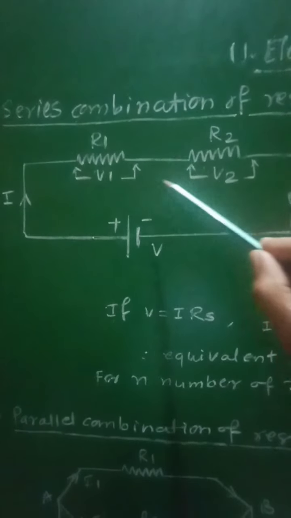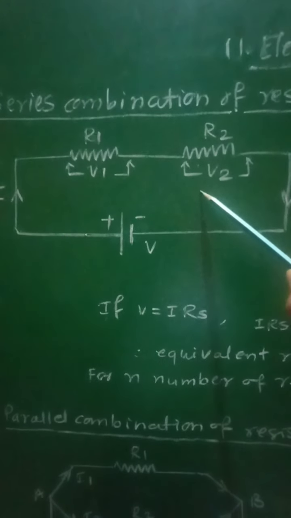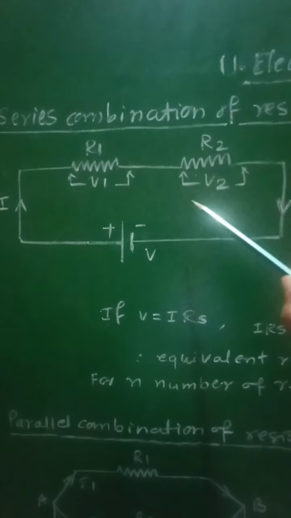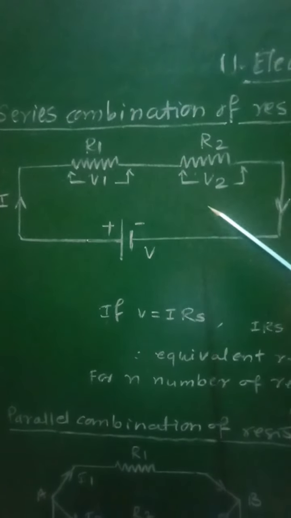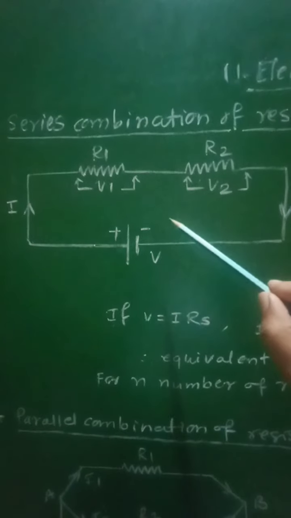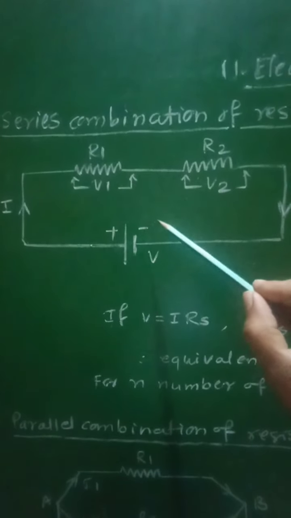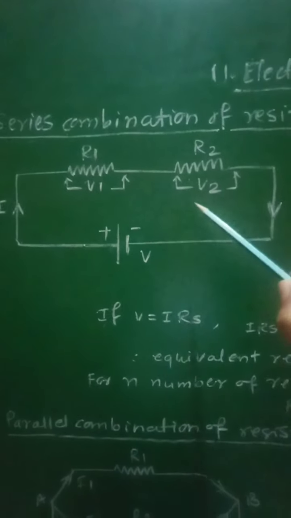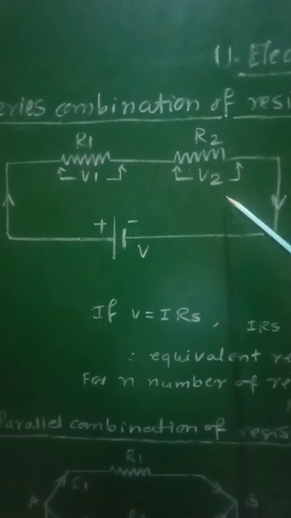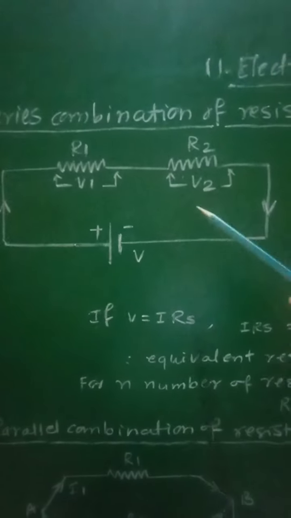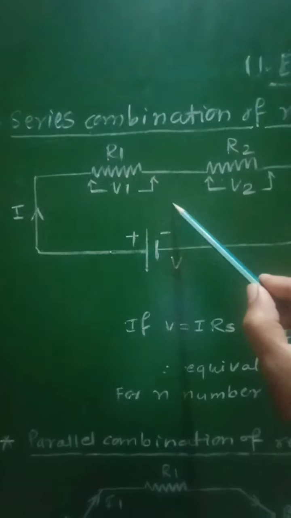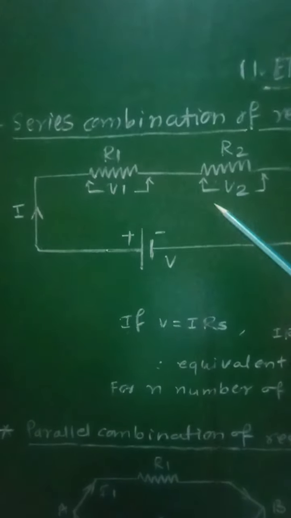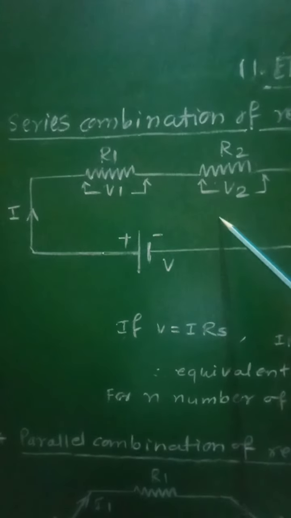equal to the sum of V1 and V2. Therefore we can say that in case of series combination, the supply voltage is divided across the resistors and the current flowing through each resistance is the same, that is, it remains constant. Therefore in case of series combination, the voltage gets divided but the current remains the same, and therefore we